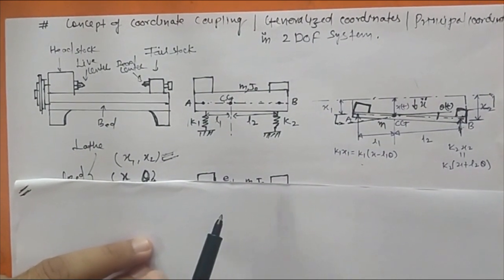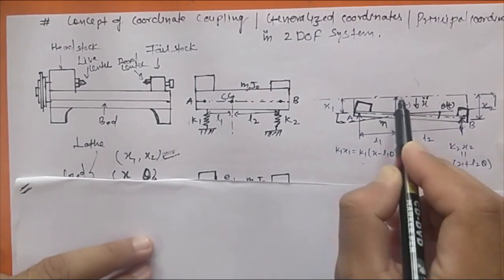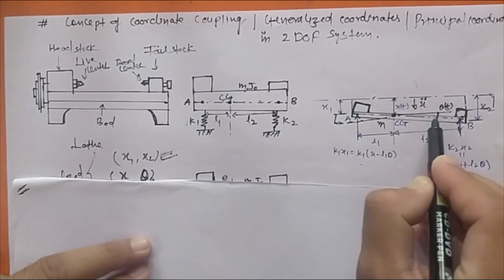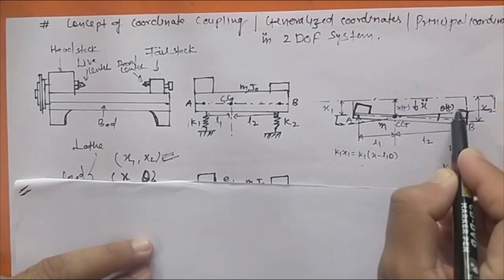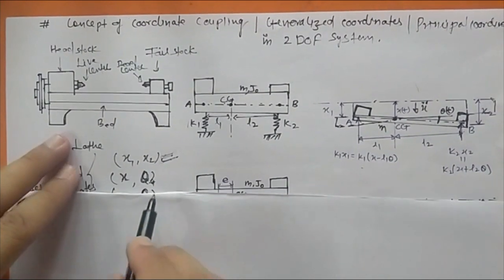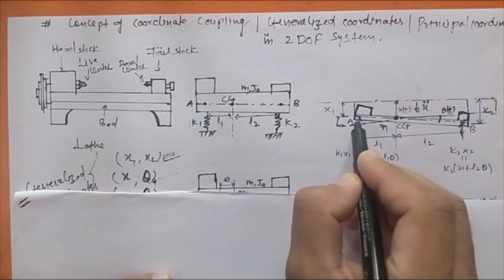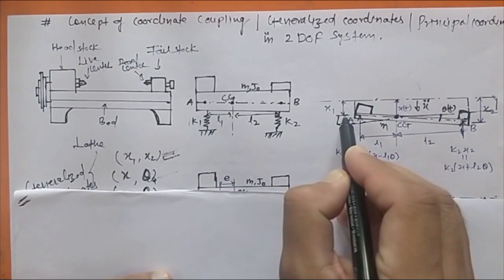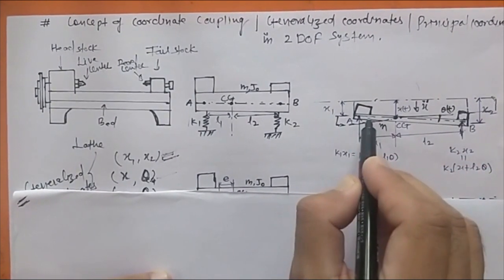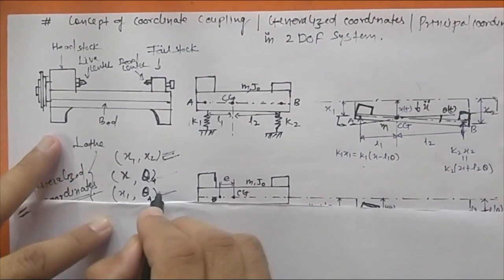The second choice of coordinates can be, let's say, the linear displacement of its CG, x, from its equilibrium position, and its rotational displacement theta is known to us. Then also we can draw its exact configuration at any point of time. So the second set of coordinates can be x and theta. And third, if we know the linear displacement of point A and the rotational displacement theta, then also we can draw its exact configuration at any point of time. So the third choice of set can be x1 and theta.